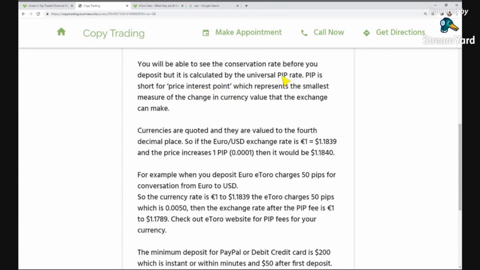So this is used for currency trading, forex trading. It's actually a lot easier than it looks, and the stock market is easier than you think, but there are these terms and shortened versions of words that people may not understand as beginners. So I'm just going to explain what price interest point is. Okay, so it is a measure of the change in currency value, the smallest amount that the currency exchange